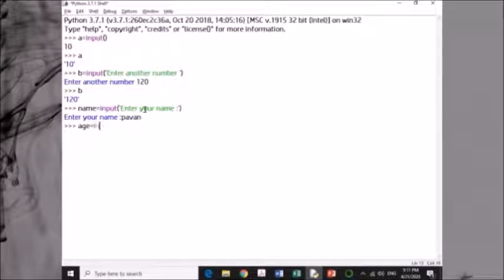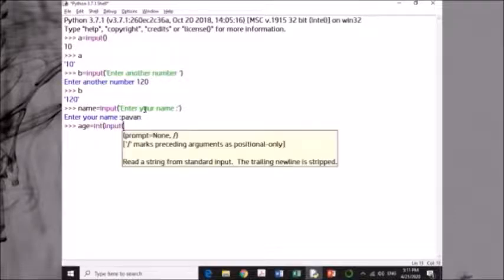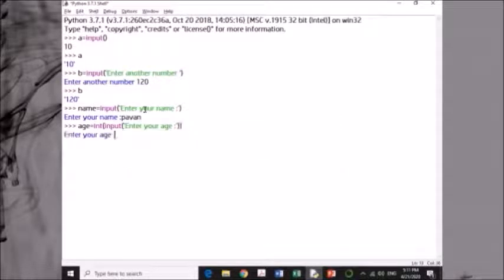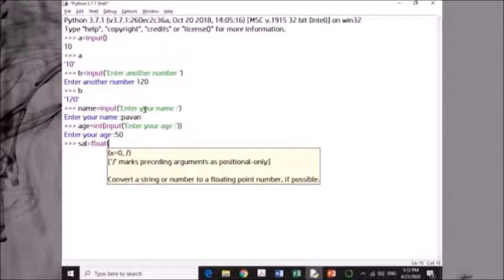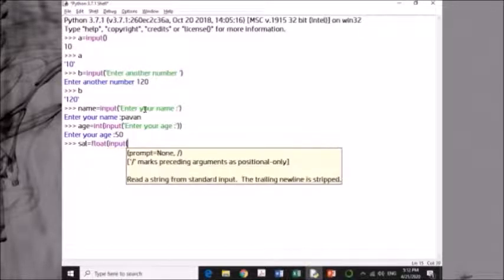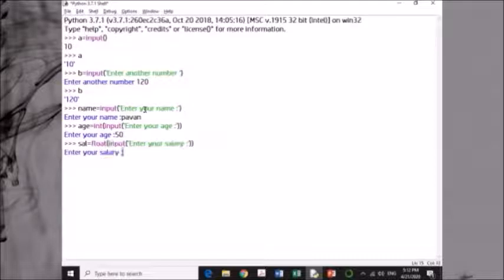Then age is equal to int input, enter your age, say 50. Then salary is equal to float input, enter your salary, say 98,050. I'm just representing a float value, so this is not my salary.